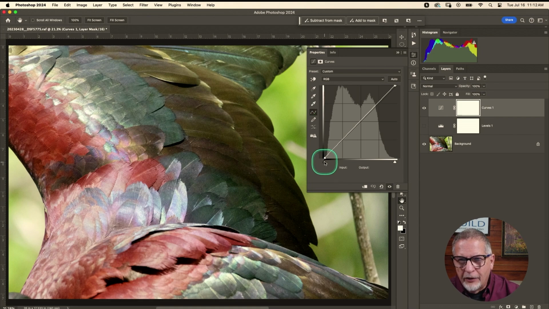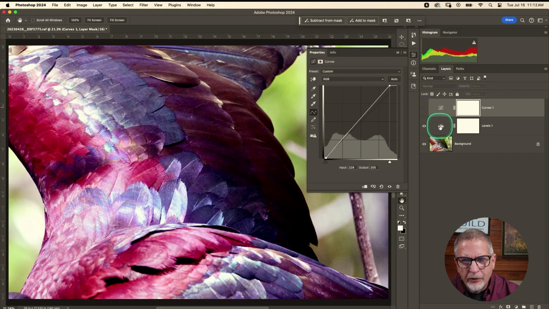So what we have is an input black point. As long as I'm moving along this lower x-axis, this is my input point. So I can move my input point to the black. I can move my white input point and drop that down. You see the input point, instead of being at 255, is at 229. So there's one location. Now, the midpoint that we saw in a levels adjustment, if we go back to my levels,